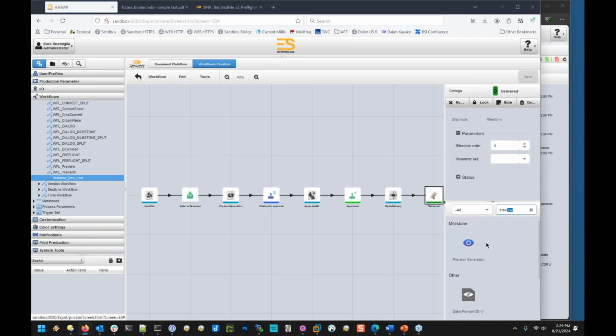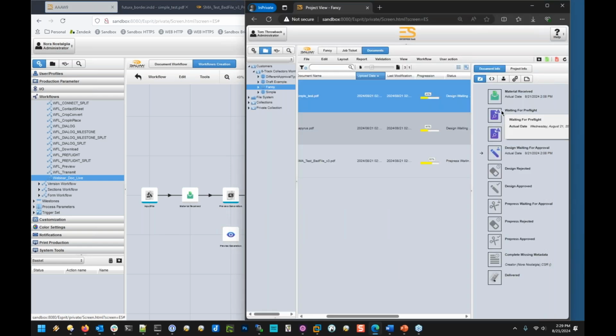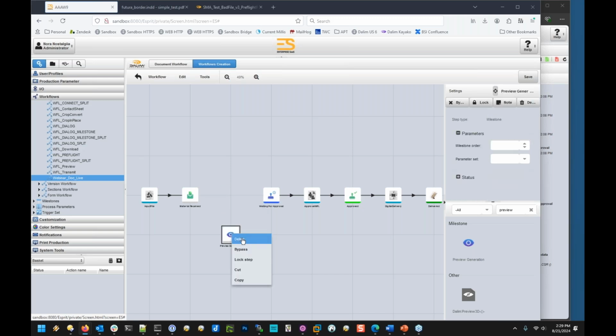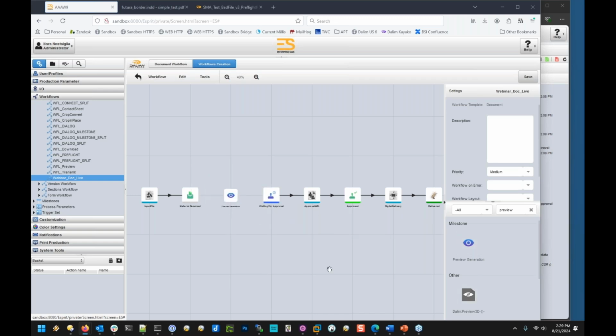And I think Dalim's intent for this was that you could put this in before the preview generation. So the end user will get a little thing here that tells them, if maybe the system's backlogged, they can see, okay, this file's waiting to get to the actual preview generation step. But it does tend to be a little confusing because it has the same exact name as the actual preview generation tool. So I've had cases where I'm in a hurry and I mistakenly drag in the milestone instead of